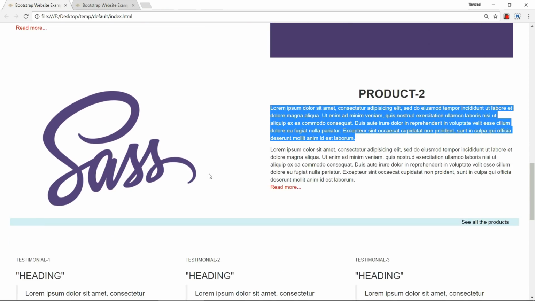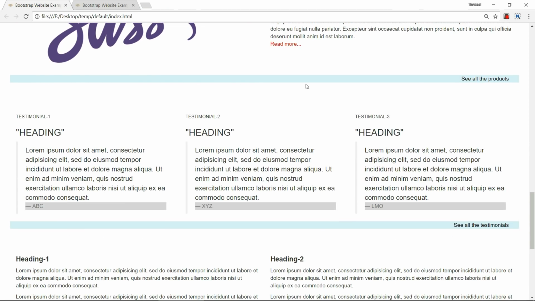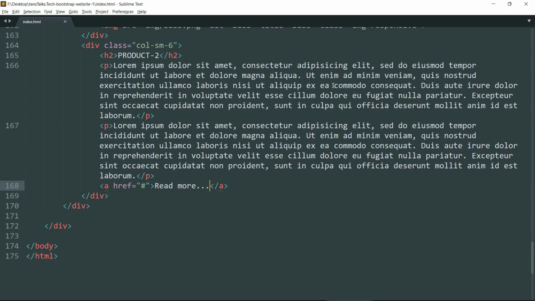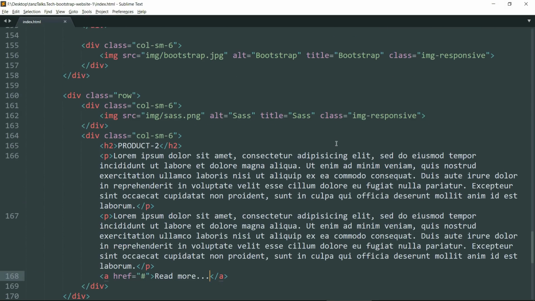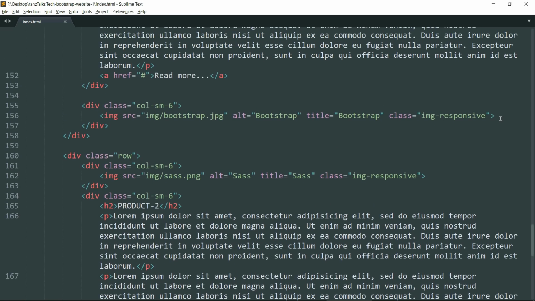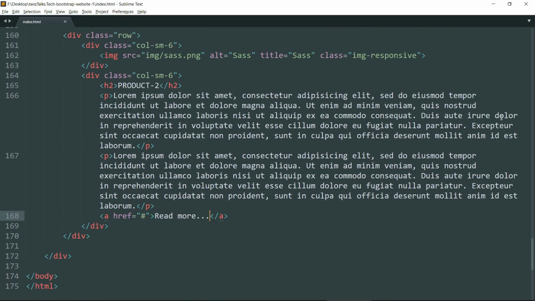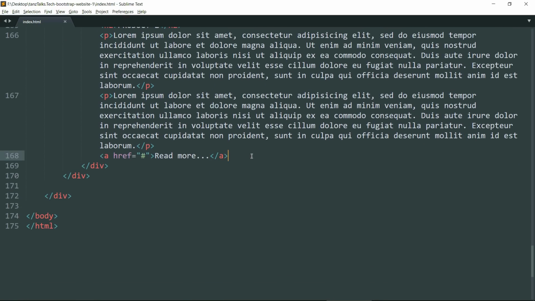Now let's see the website. What we need now is the small information box, that blue colored box. Now earlier I added this box after closing all div tags, but this time I'm just adding another row to the previous div and adding the info box.